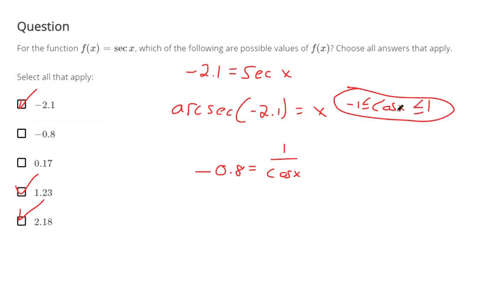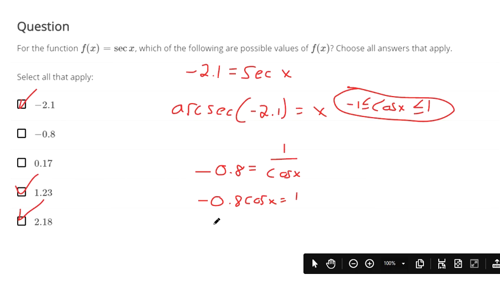Okay? Because the amplitude is 1. There's no number in front of cosine of x. So it fluctuates between 1 and negative 1. If I solve this equation, I multiply both sides by cosine of x. And then if I divide both sides by negative 0.8, I get cosine x equals 1 divided by negative 0.8, or in other words, cosine of x equals